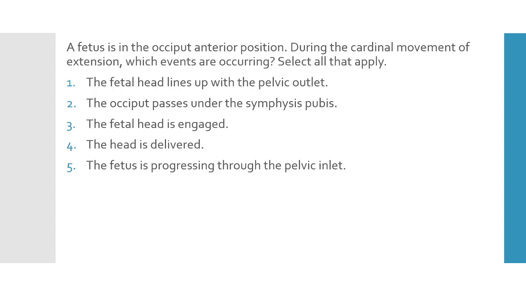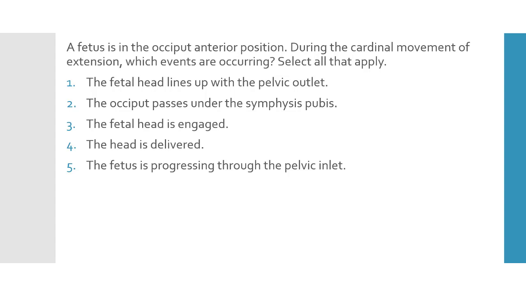This is a knowledge question. To answer this question, you need to review the 7 cardinal movements of labor. This is also a select all that applies question, so make sure to look at each one individually to see if they fit the question. Number 1, the fetal head lines up with the pelvic outlet. This answer is correct. During extension, the fetal head lines up with the pelvic outlet. Number 2, the occiput passes under the symphysis pubis. This answer is correct. During extension, the fetal head lines up with the pelvic outlet and then passes under the